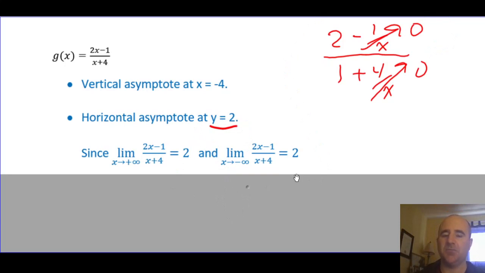Just like in the last example, we could decide, is that 2 from above or 2 from below? Okay, well, if x is a really big positive number, we've got 2 times that number minus 1 divided by that number plus 4. So I'm kind of looking and I'm saying, is this always going to be a number a little bigger than 2 or a little less than 2? Well, if you just sub in large values, you can start to see which it is. In fact, even 100 works. The top's going to be 2 times 100 minus 1, 199. And the bottom's going to be 104. So it's actually going to be a little bit less than 2